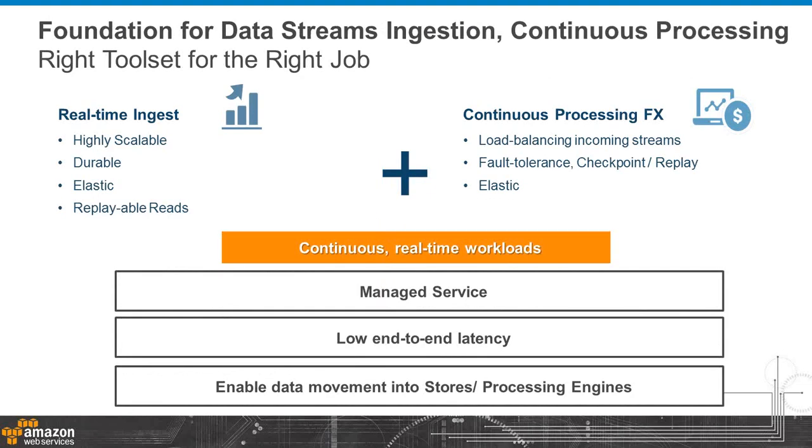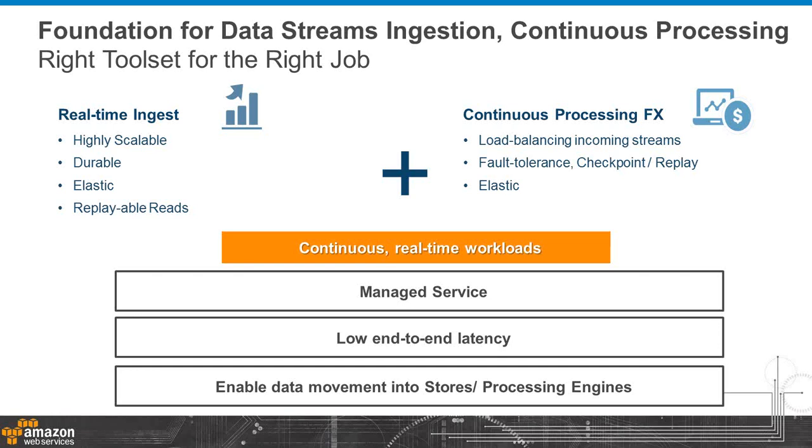In looking through all of the different customer use cases, the various different approaches that customers are using to build these capabilities today, we arrive at this foundational basis for a streaming data ingestion service that enables continuous processing. And the way Amazon Web Services thinks about it is in a relatively practical or pragmatic right tool for the right job approach. To enable this continuous stream processing